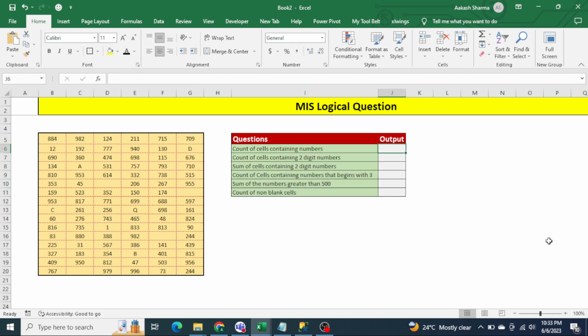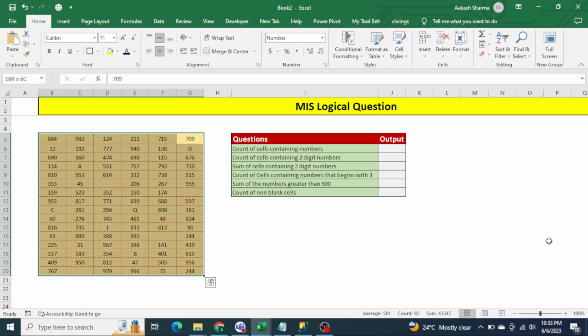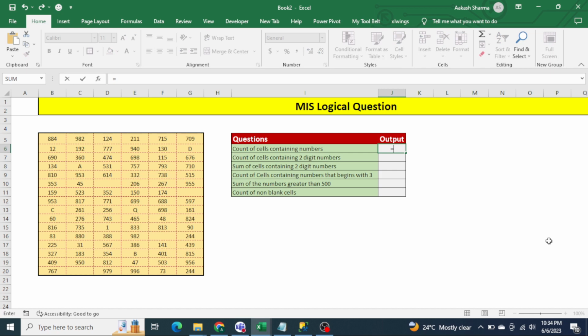All right, so let's move to the questions. The first question we have is the count of the cells containing numbers. Here I have different types of values: text, blank values, and numbers in this range. I only want to count the numbers. So what I can do here is write the formula equal to SUMPRODUCT,